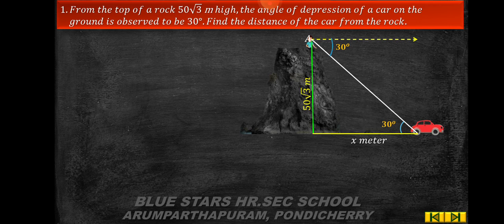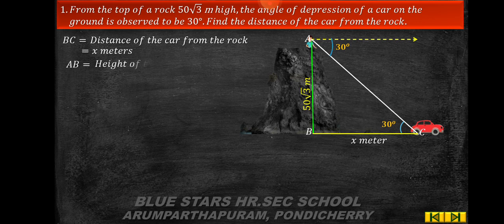We don't know the distance between the car and the rock, so you have to find the distance of the car from the rock. So let it be x meter. Then name the points as A, B, C. Therefore, BC is equal to the distance of the car from the rock, which is x meter, and AB is equal to the height of the rock, which is 50√3 meters, and angle ACB is equal to 30